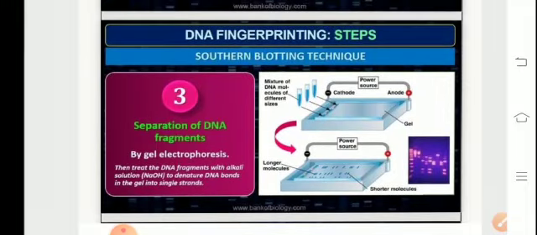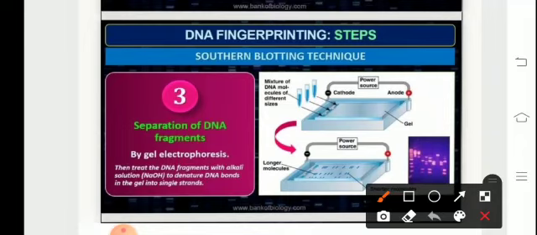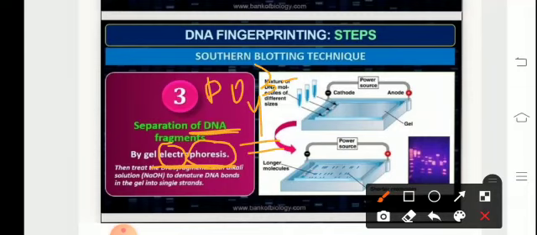Next step is the separation of DNA fragments. To carry out the separation of DNA fragments, we will use an apparatus which is referred to as the electrophoresis tank. Here, electro refers to electric current, and phoresis refers to movement. So the movement of DNA fragments will take place under the influence of electric current. Now DNA is negatively charged because it contains PO4 3-, that is the phosphate group. So because of the phosphate group, the DNA is negatively charged, and hence the DNA will move towards the positive